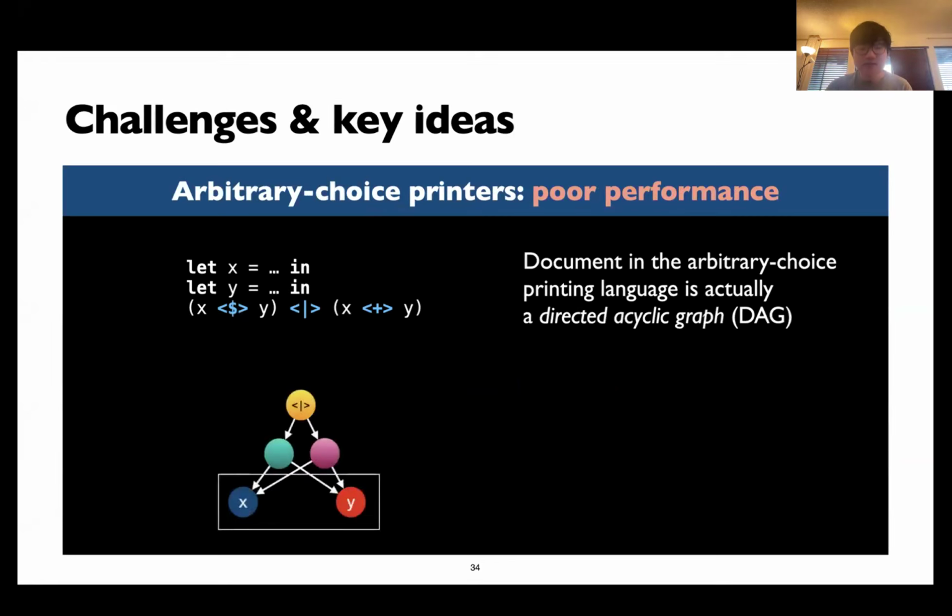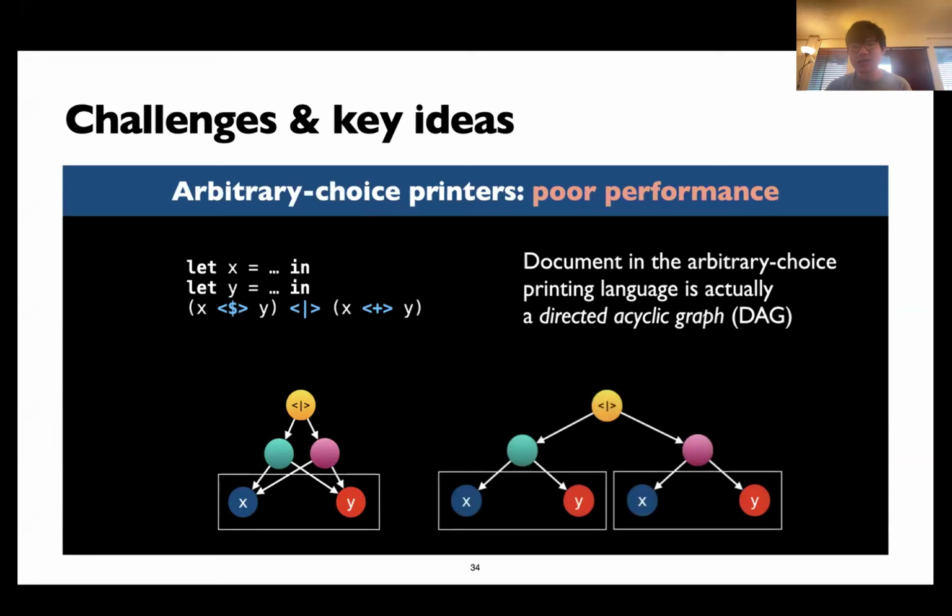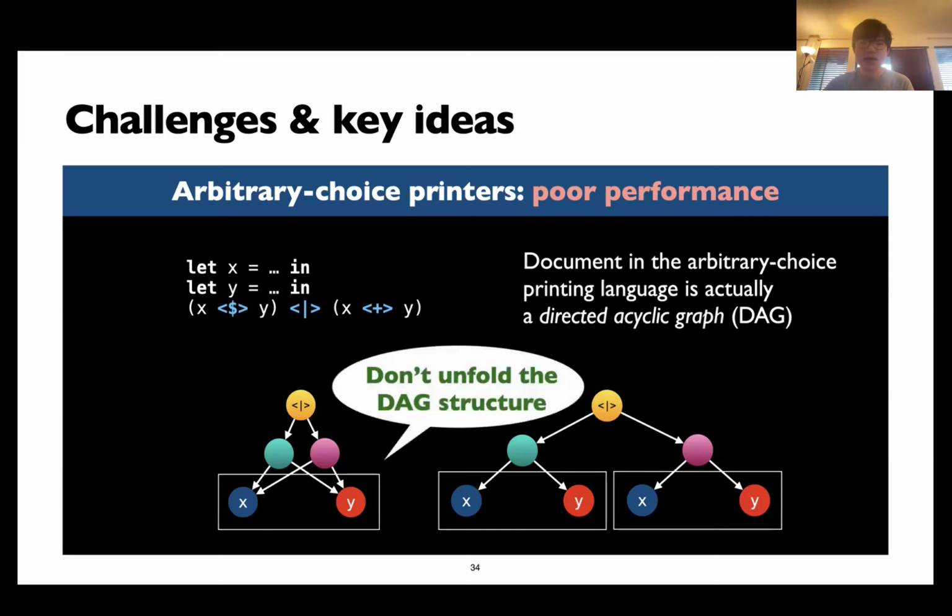But many pretty printers in this family treat the document as a tree, and so it unfolds a structure whose size could be potentially exponentially large compared to the size of the DAG, and that makes it inefficient. And so one of the lessons is that we really need to be careful to not unfold the